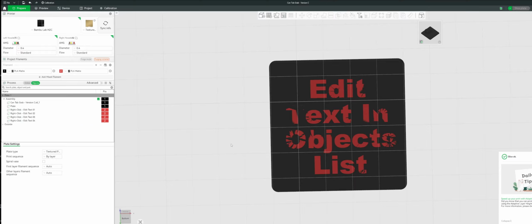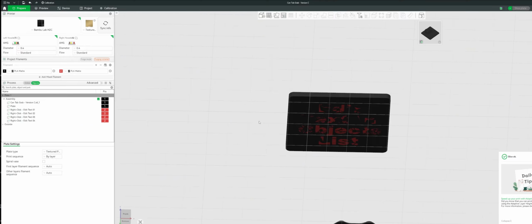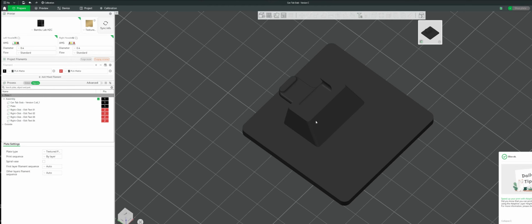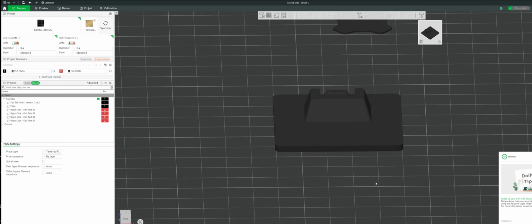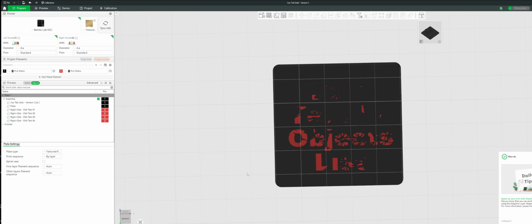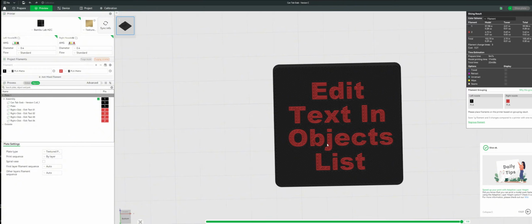Okay, I wanted to do a video to go along with this can tab grab model. It's my version of one of the pop can openers. I'll show you a couple things on it so you can customize it how you like. First, I'll show that this is how the file should open up, and when you sliced it, this is what